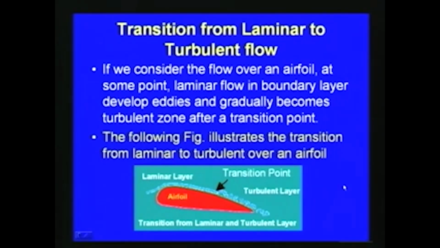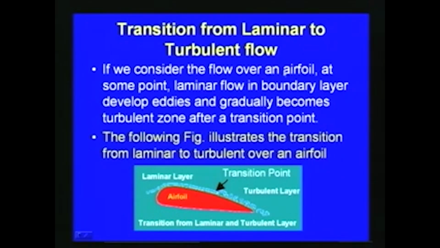Now we have already seen how the transition takes place with respect to a flat plate. Initially, when the free stream velocity hits the leading edge of the flat plate, due to the shear effect and viscous effects, a boundary layer is formed, and then there is this transition from laminar to